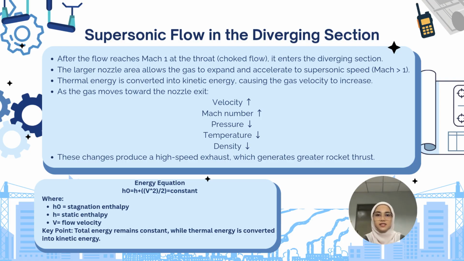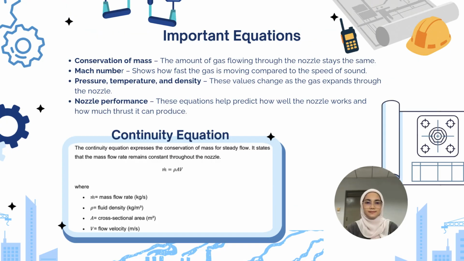As the gas expands, some of its thermal energy is converted into kinetic energy, which increases the flow velocity. This high-speed exhaust gas produces a greater thrust, allowing the rocket to move forward efficiently. Now, I will briefly explain one of the important equations used in the convergent divergent nozzle. This equation helps engineers understand how the gas flows through the nozzle and predict how much thrust the rocket can